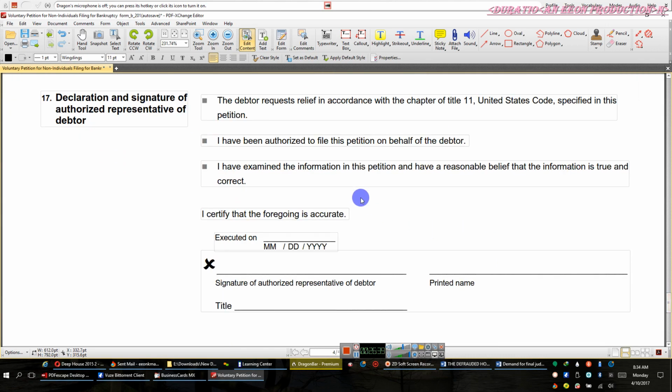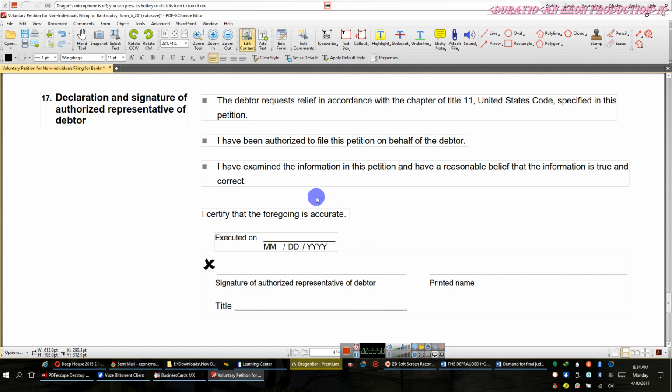Declaration and signature. Now, of course, as you know, we have to undo that. I changed this. This spoke about under penalty. Gotta get rid of that. I put authorized representative.